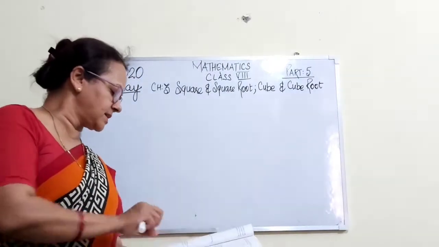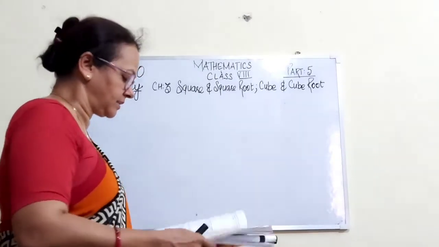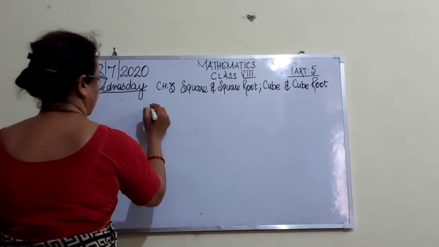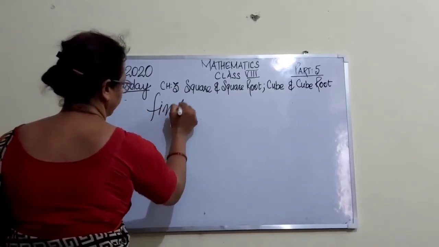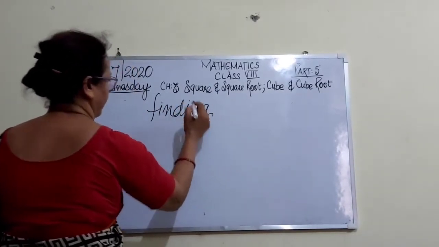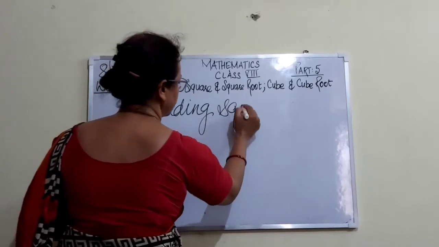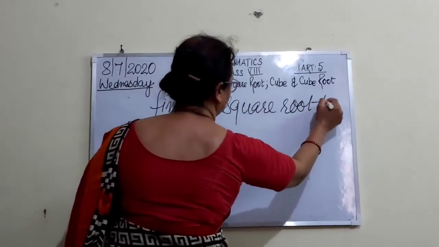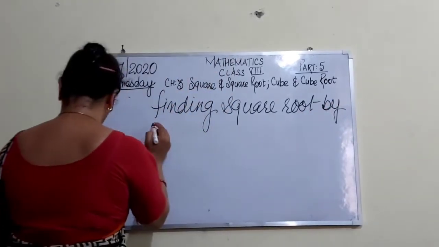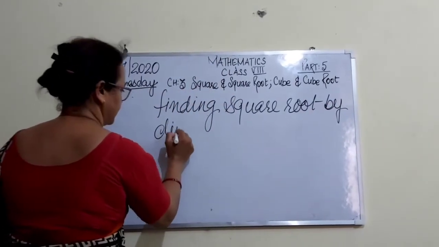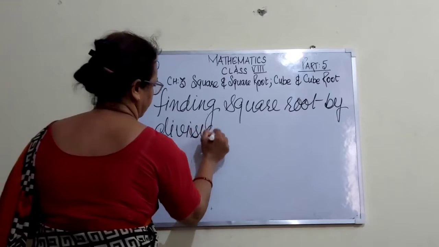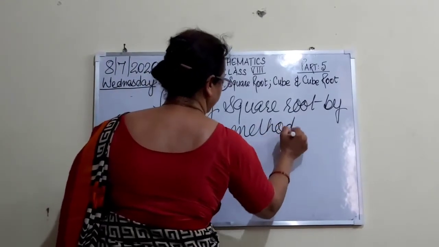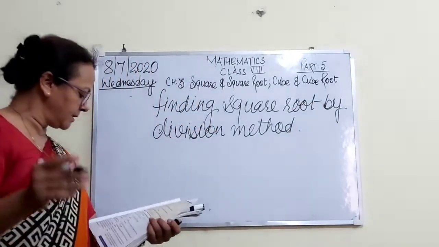Now we will start with the division method, finding square root by division method. Okay, this is the concept. Now if we have a number, for example,